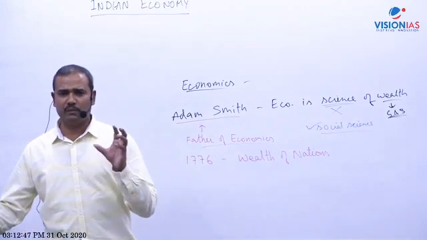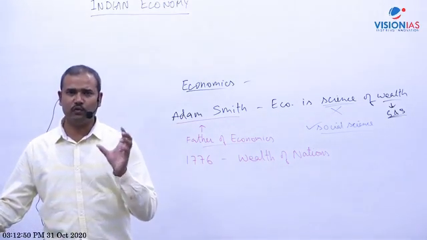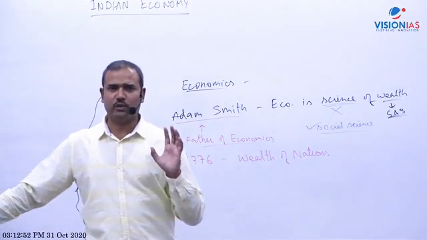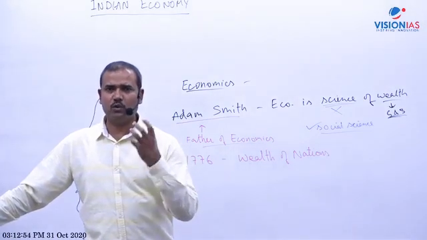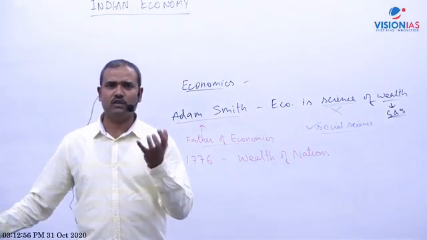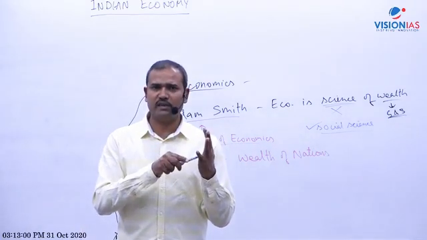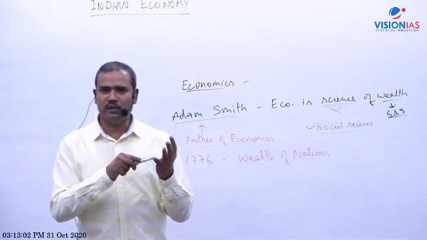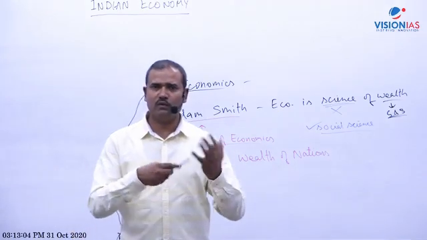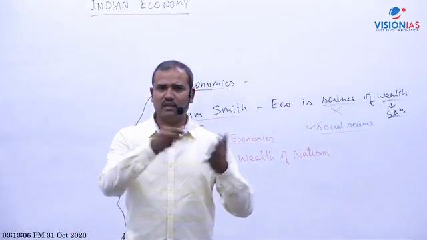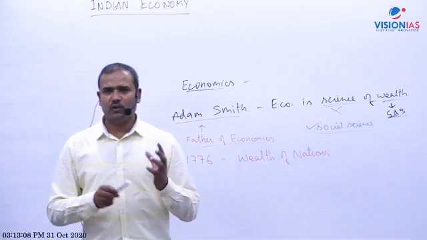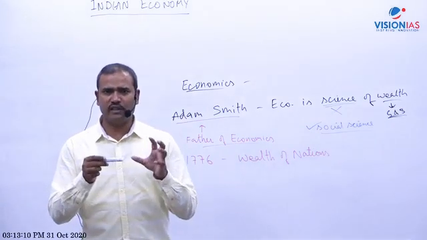Are resources actually limited or unlimited? The main focus of economics is resource allocation, because resources here means productive resources. Productive resources include natural resources, man-made resources like machinery and factories, and human beings also. Labor force is a resource, land and other things; these are all resources. And when we produce something, do we need some resources or not?